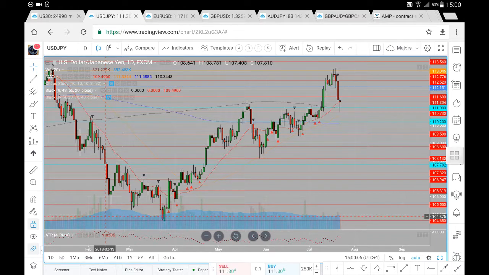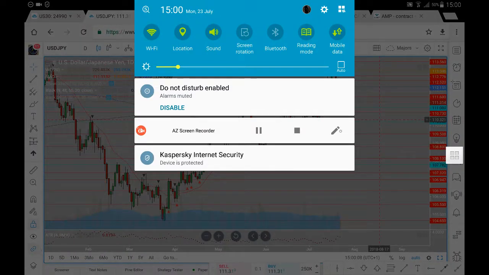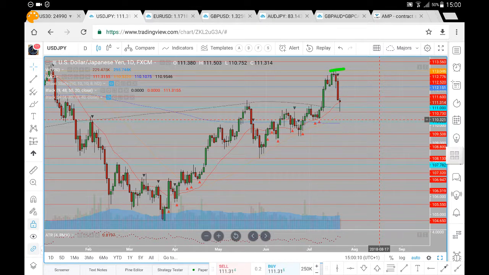And on this daily chart of the US dollar Japanese yen, we can see we've come in towards the 113s, from which we have seen sharp sell side momentum coming into the market for a near perfect test of 1073. So as we are trading back above the 111, we do have to be aware that the 111 could act as a key level of potential support here on the US dollar Japanese yen,